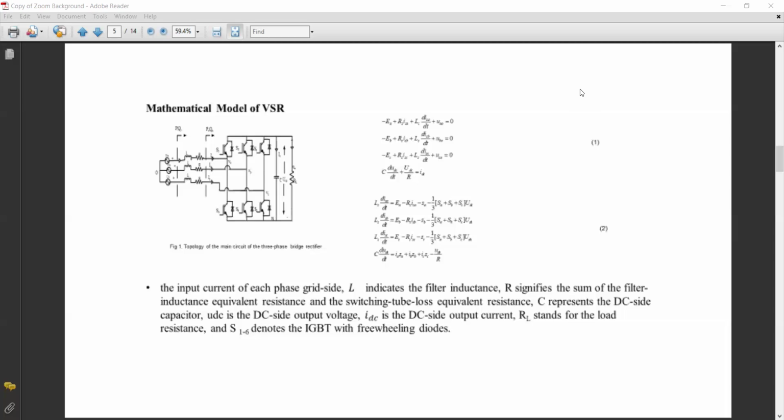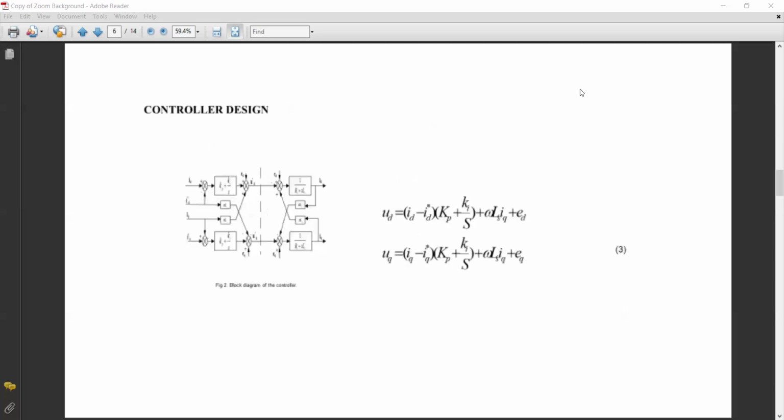Hence, the proposed solution involves a coordinate transformation into a synchronous rotating coordinate system, that is DQ, to streamline the control demands executed here. Coming to the controller design part, with UD, UQ as output and ID, IQ as input, the PI controller is used for control. Hence, considering the need for feed-forward decoupling, it can be derived as shown